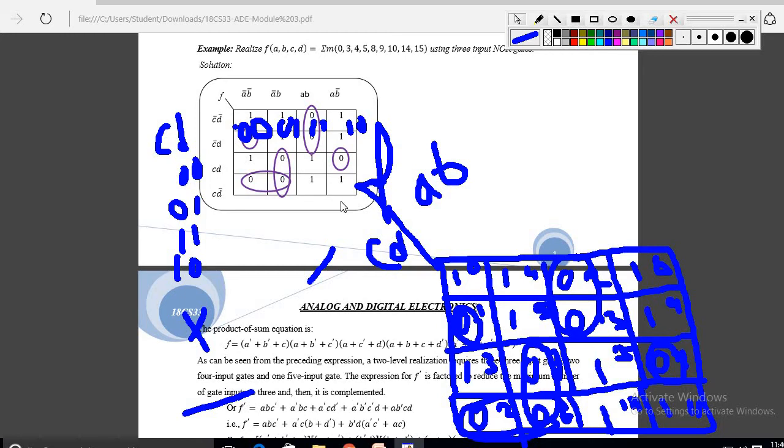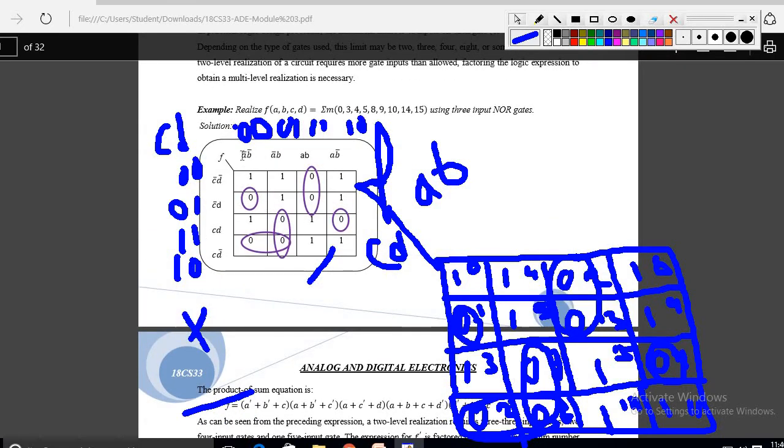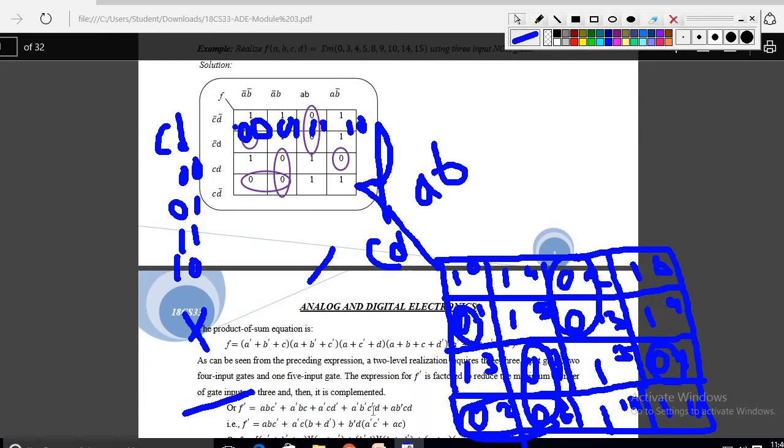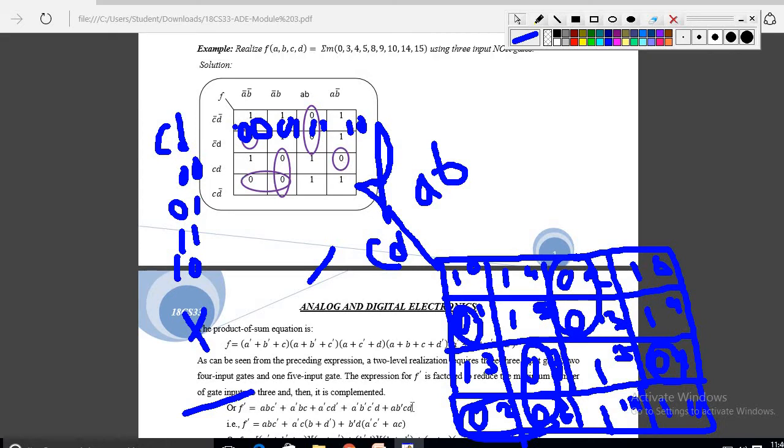Okay, so coming to these two groupings, here this one is A bar B bar C bar D, plus the last grouping is here A B bar C D. Like that you have to write. Anyhow, you know from the second module how to write algebraic expressions using Karnaugh maps. Okay. After that, once you got this expression, you don't confuse with this POS, just neglect it, or else if you want to write it, you have to write it.